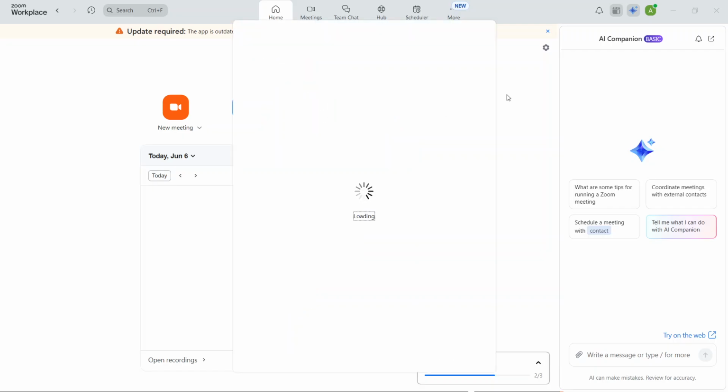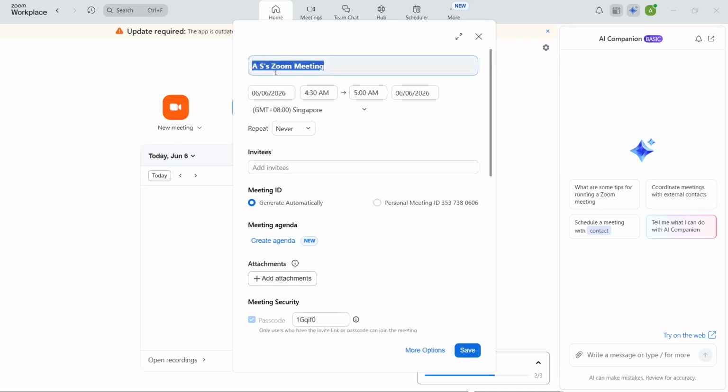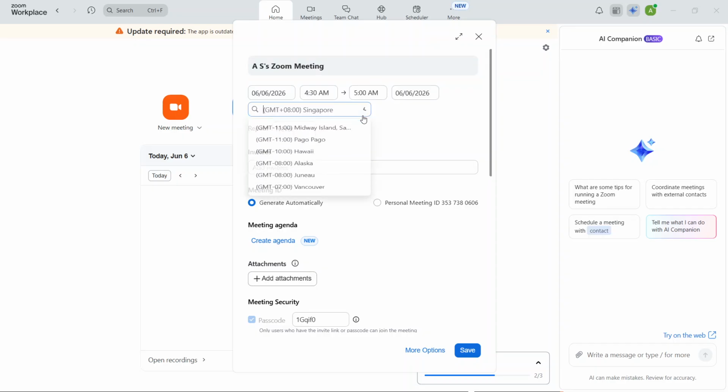A small scheduling window will appear. In this window, start entering your meeting details. Add a clear meeting title so it's easy to recognize later, especially if you schedule meetings often. Then set the start date and time, along with the end date and time if that option is available in your Zoom setup. Make sure the time zone is correct as well, since this is important when participants may be